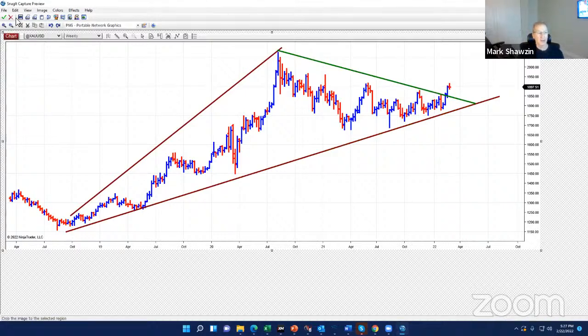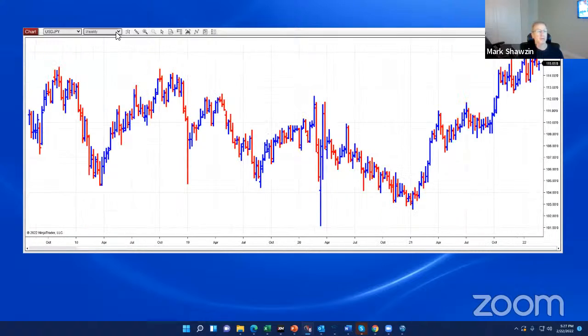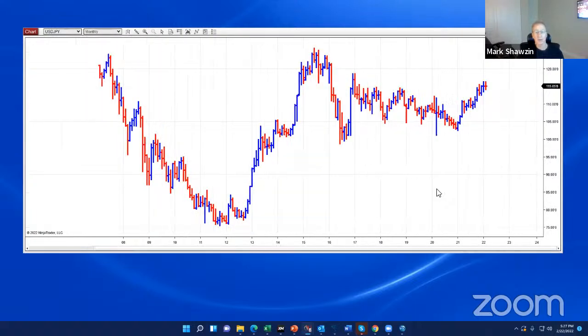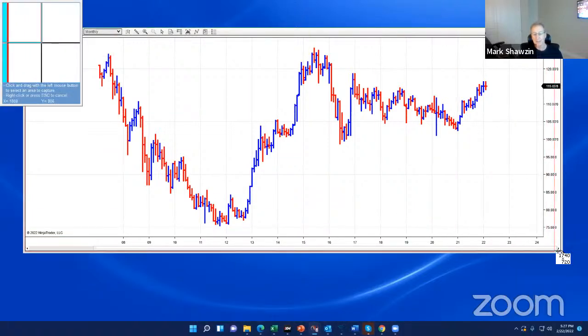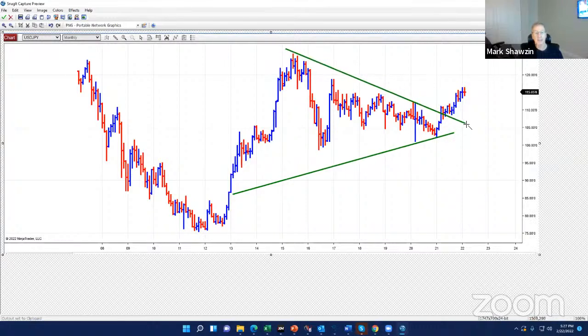This looks a lot like dollar yen when it broke out, but when dollar yen broke out, it took about 7 months before it got going. So, this is something that's very similar. And once again, you can see how these patterns operate and start making determinations about other movements. So you can see that dollar yen was also in this symmetrical triangle. And just like gold, it broke out right there.